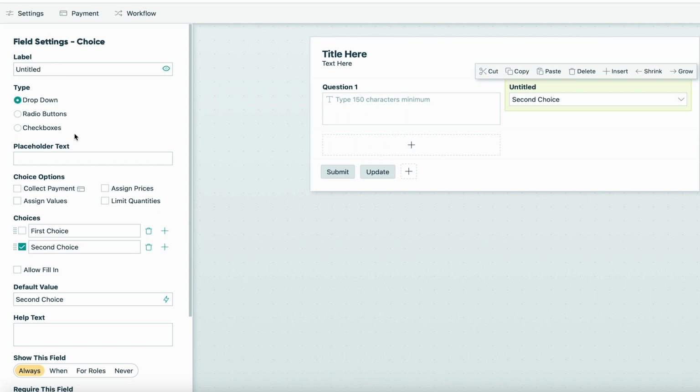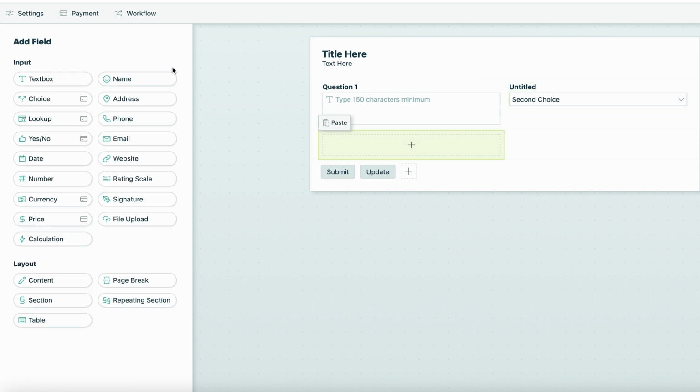So anything with a credit card will accept a payment. So if you look at all the available input fields, all of these options can deal with currency if you want and payments. So there's a lot of options here, and you can see how easy it is to do that. So for instance, let's just say we'll do a choice,